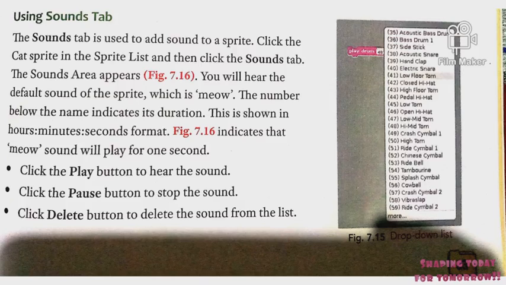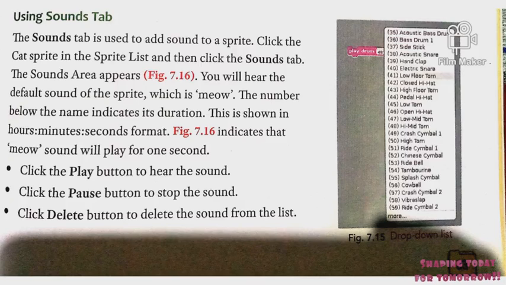You will hear the default sound of the sprite, which is meow. The number below the name indicates its duration. This is shown in hours, minutes, second format. It indicates that the meow sound will play for 1 second. So students, when the sound area appears, there is a default sound already given to your sprite, which